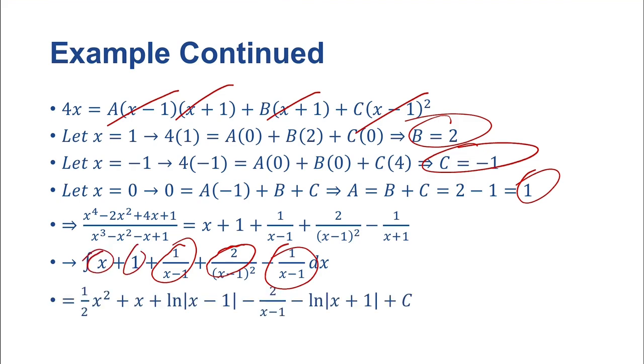So we get as a final answer 1/2 x squared plus natural log of absolute value of x minus 1 minus 2 over x minus 1 minus the natural log of the absolute value of x plus 1 plus C. All right, that was a long one. So that's it for this video. In the next video,